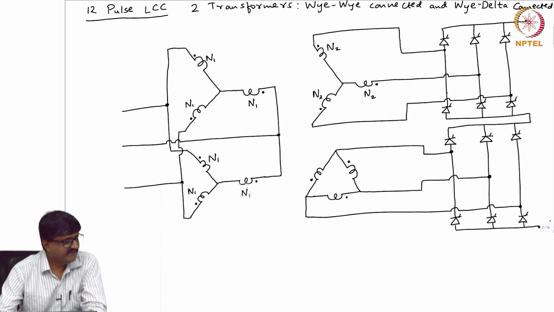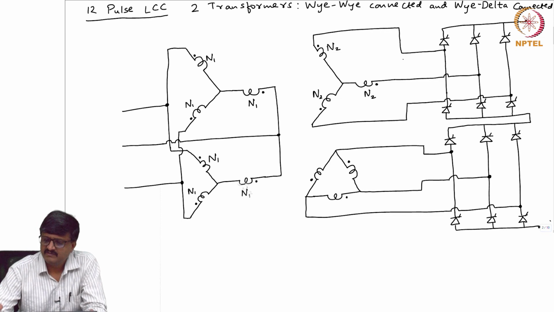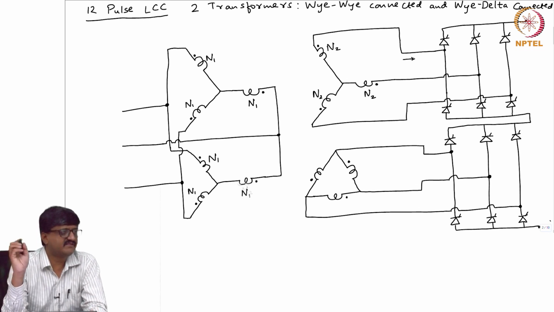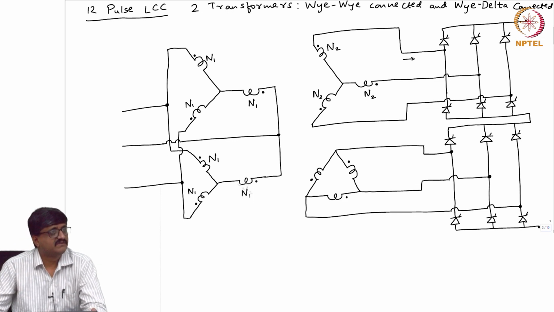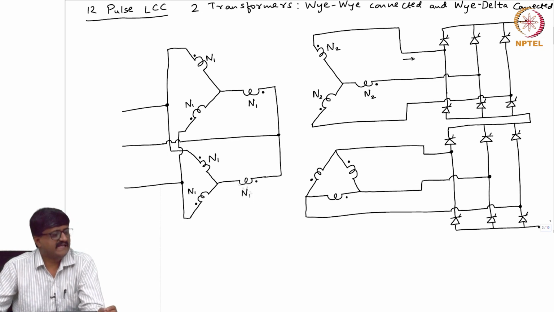And I will give some names for the currents that flow into the AC side of the 6 pulse LCCs. Now, I use the complex notation or phasor notation, so not the instantaneous, the phasor notation. So, the AC side currents are not just sinusoidal, they have harmonics. So, what are the harmonics that are present on the AC side in the currents? What is the order of the first harmonic? 5th, then 7th, then 11th, 13th, so on.